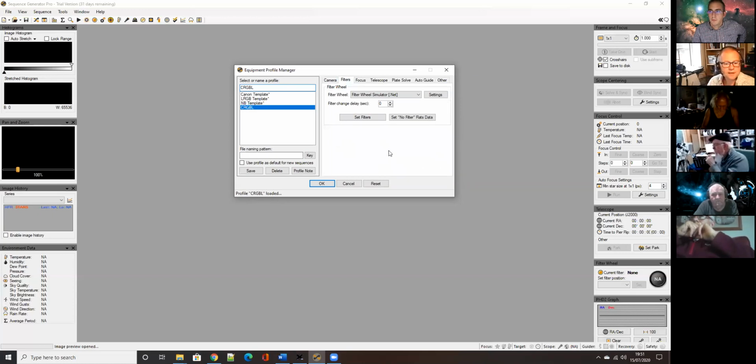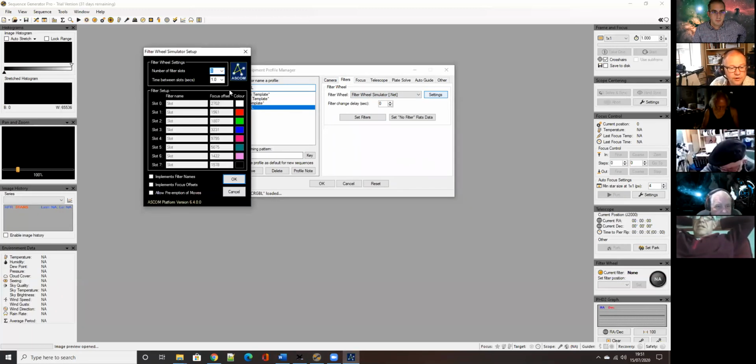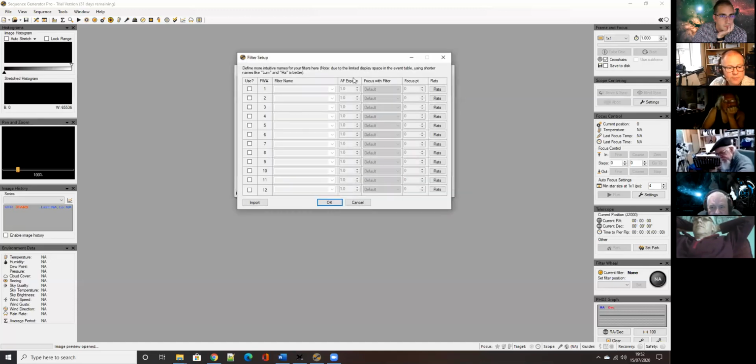Under filters then, relatively simple interface. And again, clicking on the settings, you can then set up your filters accordingly. Again, this is the simulator, so it's going to look different according to your particular filter wheel. What you can also do then is in this button, in the set filters, is probably more useful, because